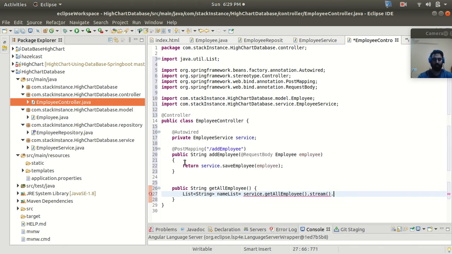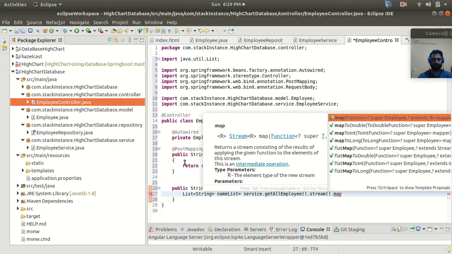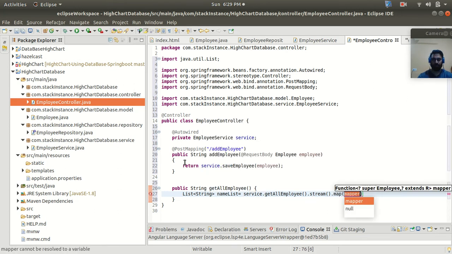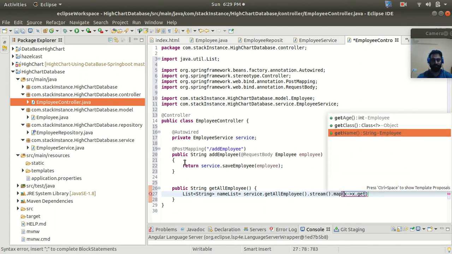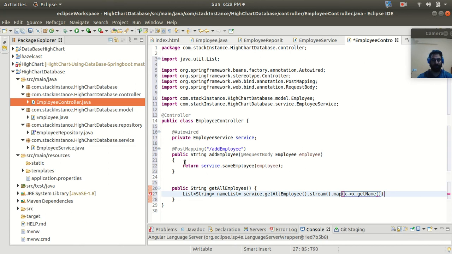Stream dot, I can use the map, and in the map I will use get name. So it is going to fetch all the names.